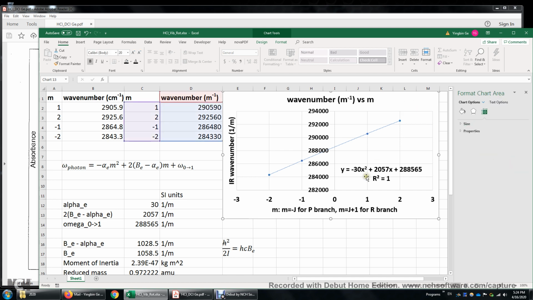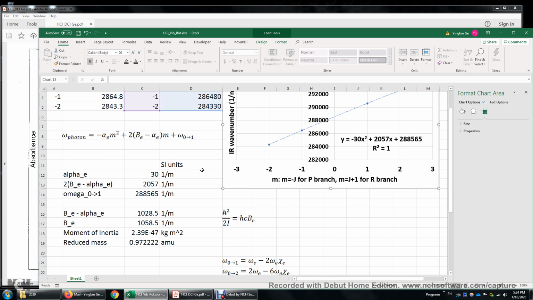All right, once you do that, you will display this quadratic equation, second order, and r squared is just 1. Again, this video is to show you how to do the calculation, but not to get the exact results. Therefore, I will not pay attention to those sig figures. For your own calculation, be sure to include at least 5 or even 6 sig figures and follow the rules